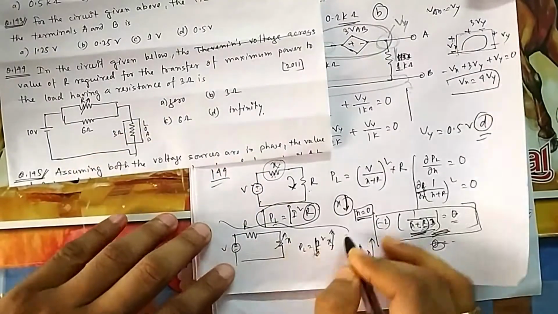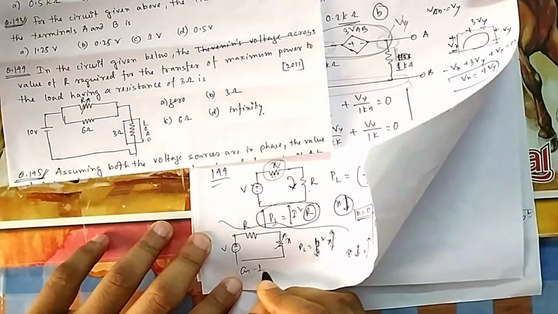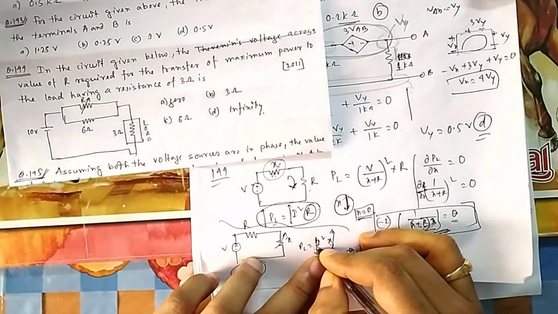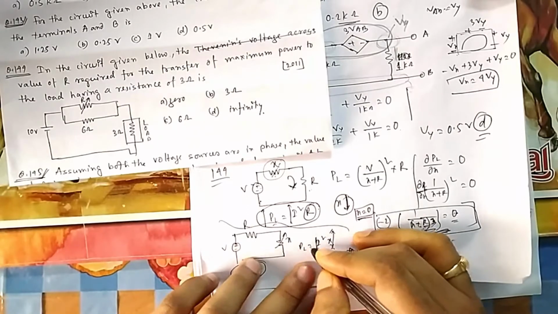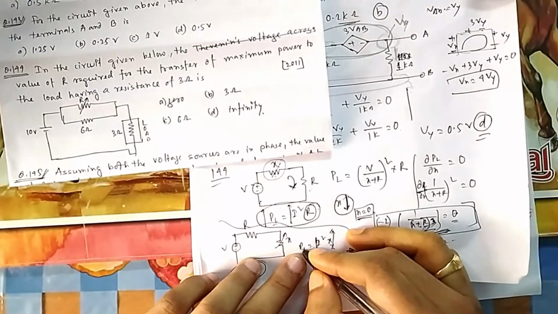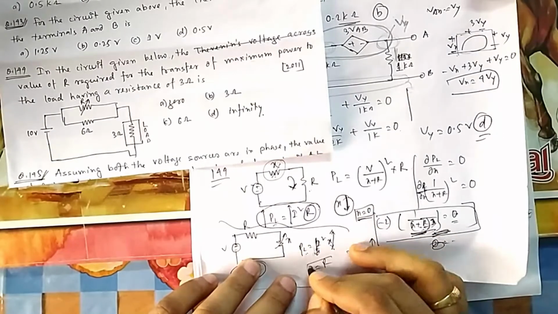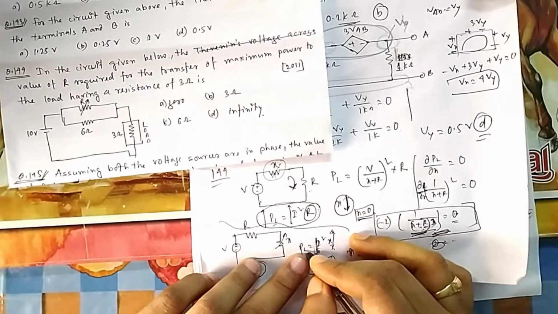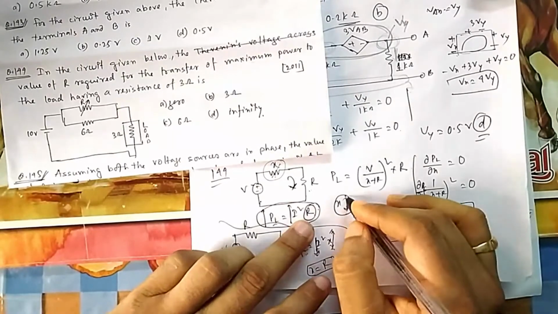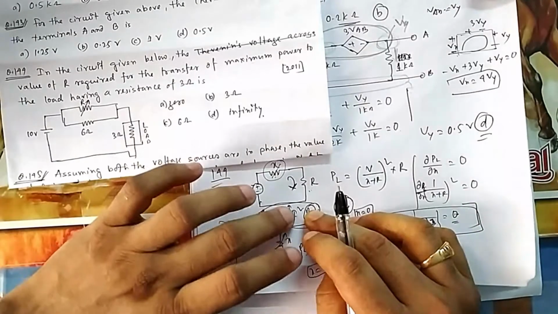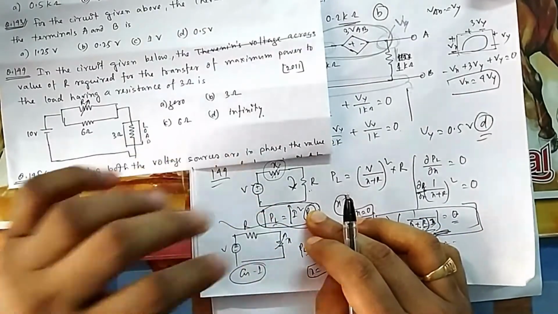So the same concept you cannot apply in normal cases, like case 1, because here both are variable. If you change this one, this is also going to vary. If you change this one, this is also going to vary. So you don't know at what position this is attaining maximum. For that you need to do differentiation, and after differentiation we found X equal to R is the point when it will be maximum. But here, if you decrease this one, because this is fixed, only one variable is changing, so you can say at what point it is maximum.